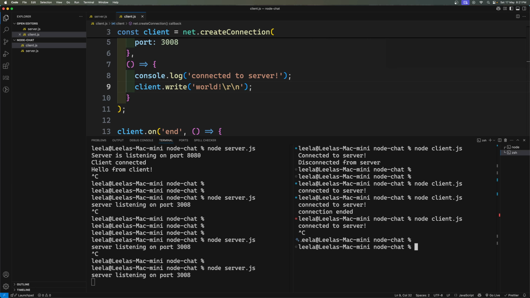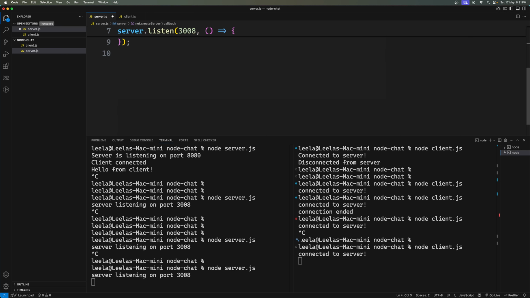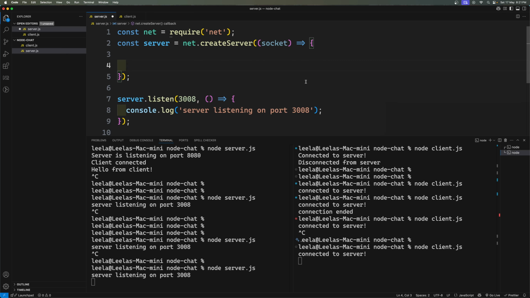Now if I try to stop this one and run this one again, we have sent the message, but we need to listen for it in the server. So how can I do it? Here we have the message, and in this one, whenever we get messages, here we got the socket, right? So this is the socket object, and whenever we get messages, for example, let's say that whenever a